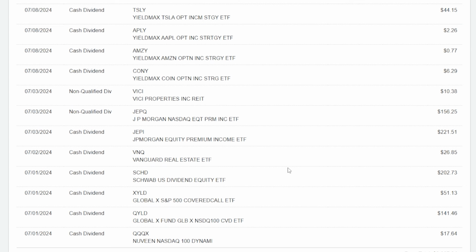So going through just some of the larger dividends I was paid over the last 30 or so days, and like I said, this is the largest amount of dividends I've been paid ever on a monthly basis, because I'm buying so much of a few specific monthly paying dividend ETFs that are upping my dividend income substantially. But to give you an idea, we earned $17.64 from QQQX, we earned $140.146 from QYLD, $51.13 from XYLD,